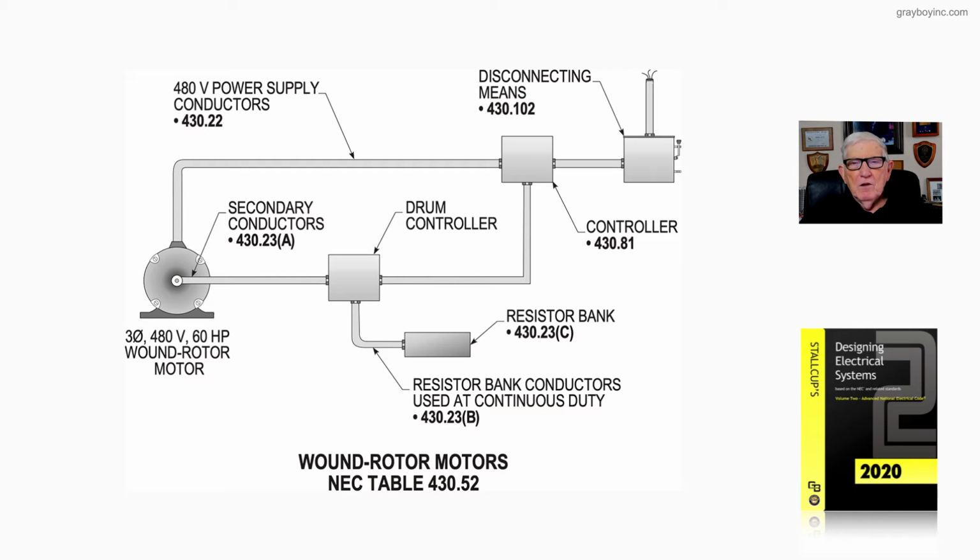430.52. And notice again in the illustration, you're supplying and figuring the size of the conductors to the motor. You're figuring the secondary conductors to the motor, 430.22(A). But notice we did use 430.22 now to size the conductors from the controller to the motor. And then lastly, we're figuring the resistor bank controller conductors based upon a continuous duty or a duty type service